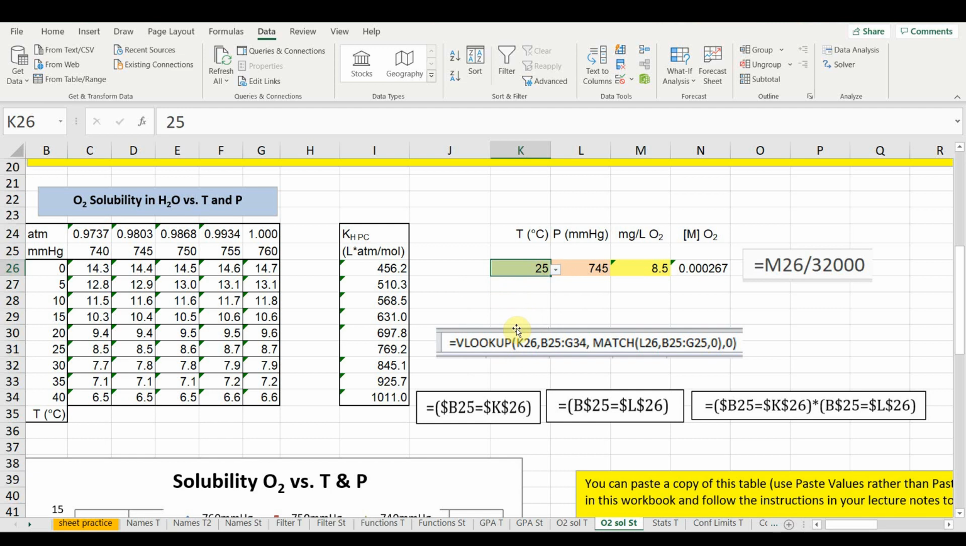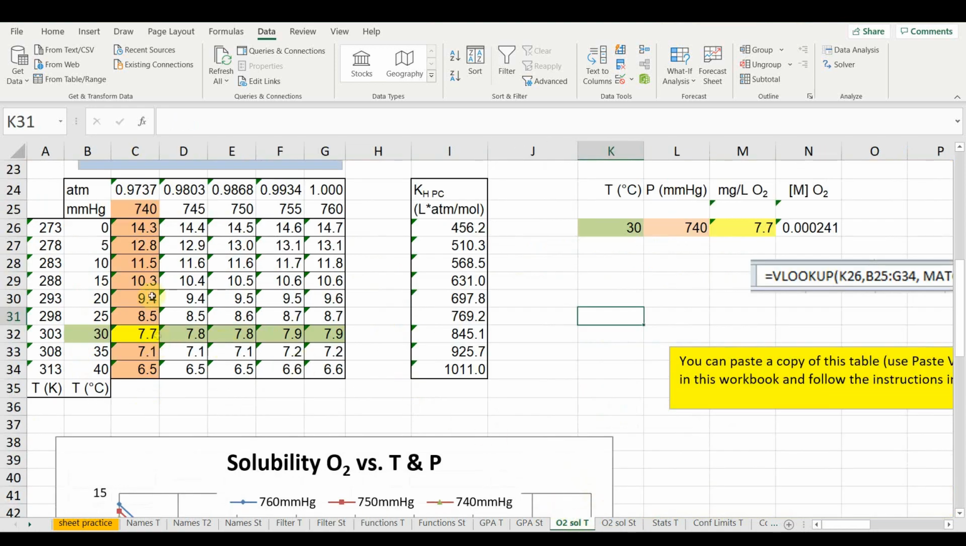Alright, we can make this a little more user-friendly still. We could have it so that as we select a temperature, that particular row of values of oxygen solubilities highlight so we can identify them quickly. We can do the same thing for pressure. I'll illustrate here. So here's my spreadsheet. If I choose a different temperature, let's go to 10 degrees, notice how the row of values corresponding to 10